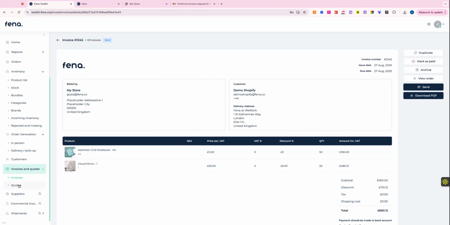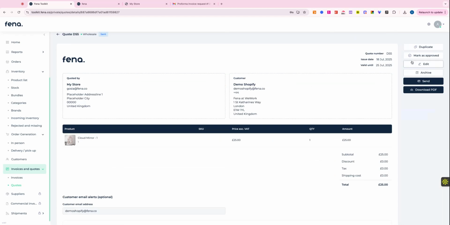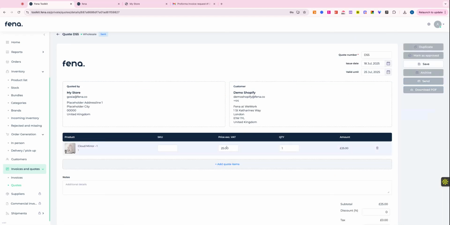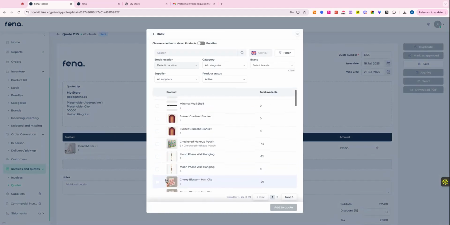A very similar functionality is available for quotes. So you can generate a wholesale quote. I already have some quotes generated here, so I'm just going to use one. And I can edit it. For example, let's say we're going to add,